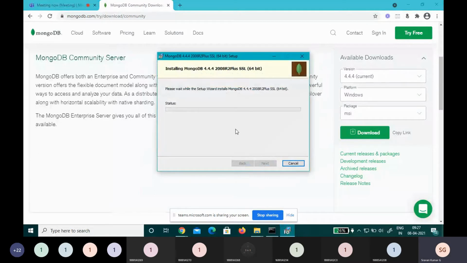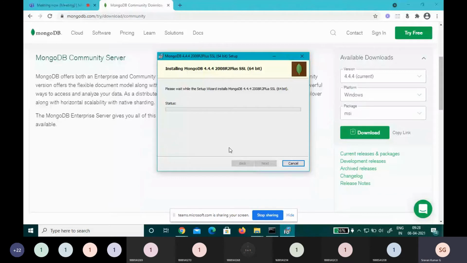Install. Now the installation is being done. It will take some time. Some permission is required to install that particular thing.